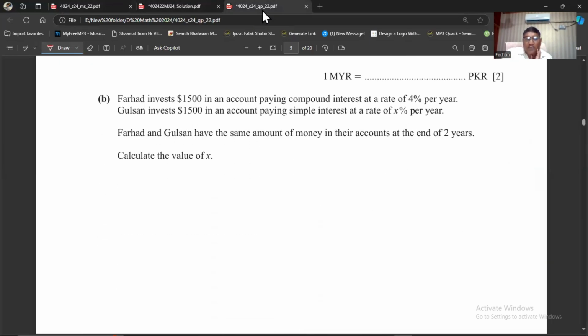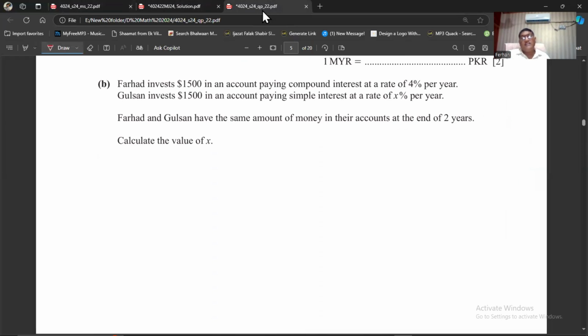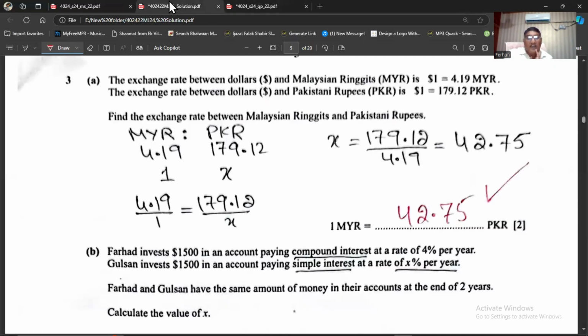Okay, question number 3, it's B part coming up on your screen. He says, Farhad invests $1,500 in an account paying compound interest. So they are paying him compound interest at a rate of 4% per year. Gulshan invests $1,500 in an account paying simple interest at a rate of X dollars per year. Farhad and Gulshan have the same amount of money in their accounts at the end of 2 years. Calculate the value of the X. Okay. So Farhad